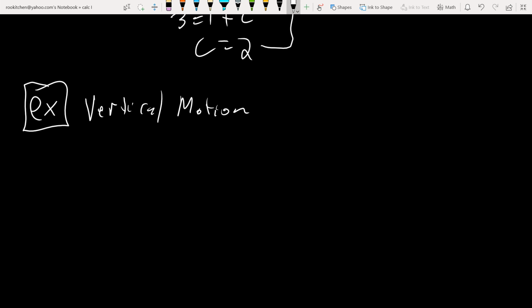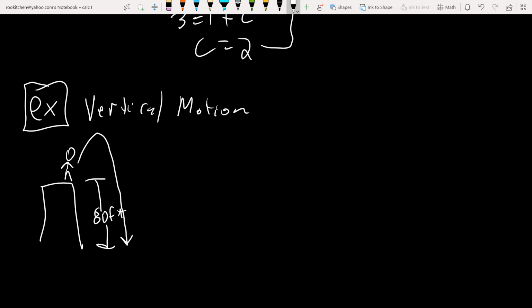And what they're saying is they're throwing this ball upwards with an initial velocity of 64 feet per second, and they're standing on top of some building, which is 80 feet tall. Okay. And you're throwing this ball, and it's coming back down. Okay, so they told us the initial